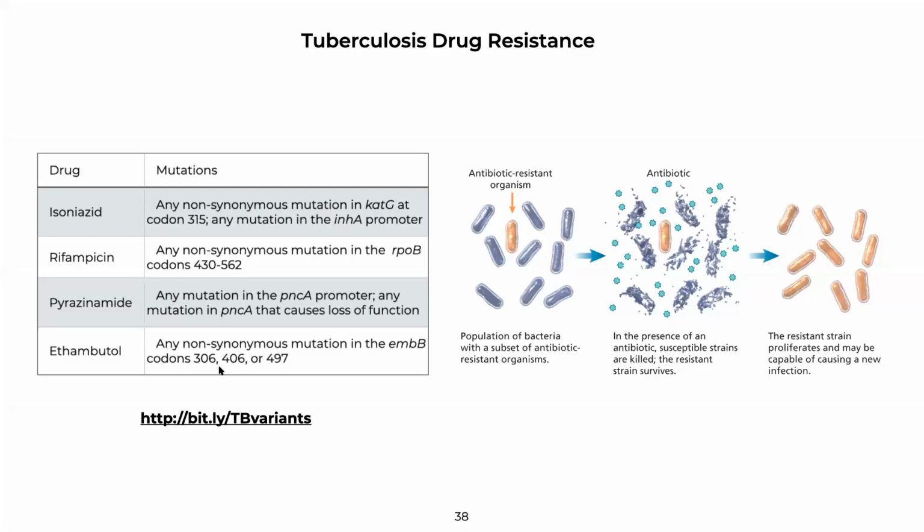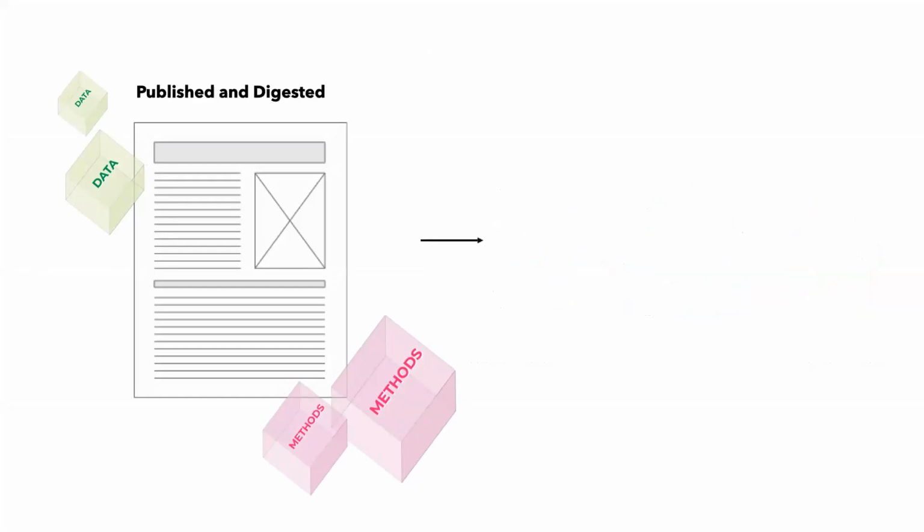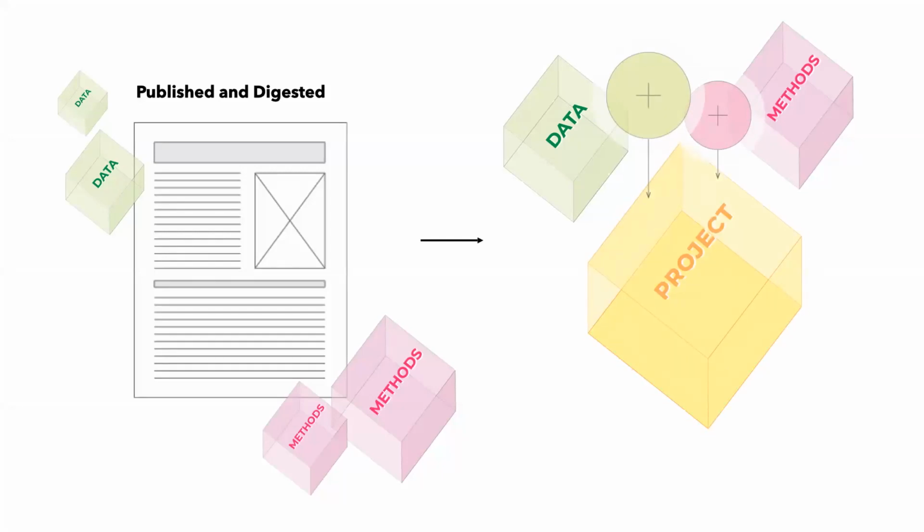Now, obviously, these are just a few examples, and we don't have time in the context of this one webinar to go through many examples in great detail. But in the program and in all that we do, what we try to do is take data from current and peer-reviewed publications, analyze the methods that the authors have used to come to the conclusions that they have published, and then try and extract additional data sets and additional methods to develop independent projects with our research fellows. And I do want to mention that the program that we have been discussing today is really also kind of